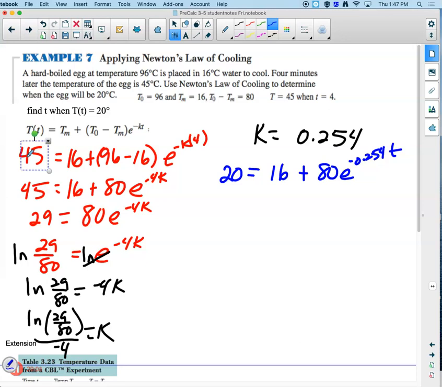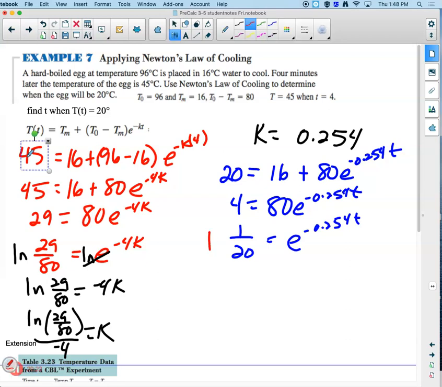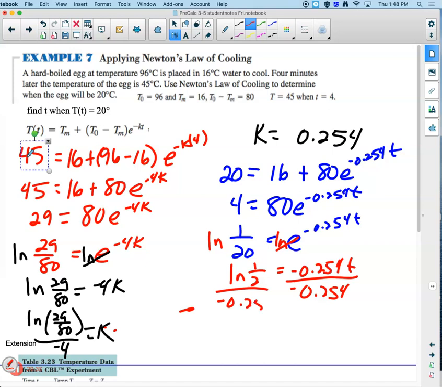So we would subtract 16 from both sides and divide by 80, a little reducing, so that we'd get 1/20th, and then we'd take the natural logarithm of both sides, because the natural log of e is going to wipe that right out for us because they're inverses. And we'll divide by negative 0.254. And after we punch all of that in, we will know that it will be